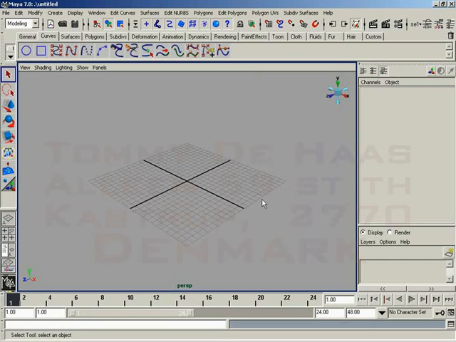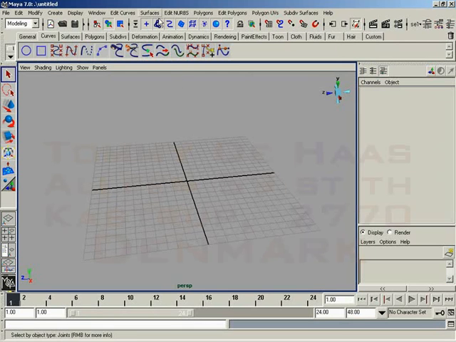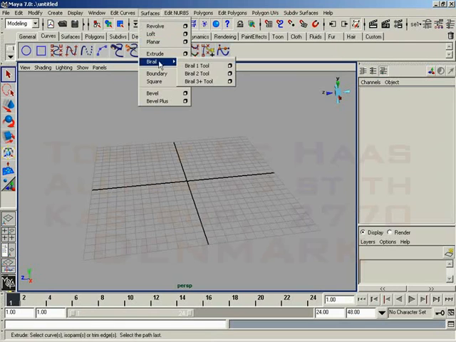The Birail tools allow you to take a profile curve and sweep it along a pair of rail curves, almost as if it were a car and a train going along a pair of train tracks. Now, what I'm going to be doing in this video is just focusing primarily on the Birail 1 tool, and then in later videos we'll talk about Birail 2 and 3, but I do want to mention what